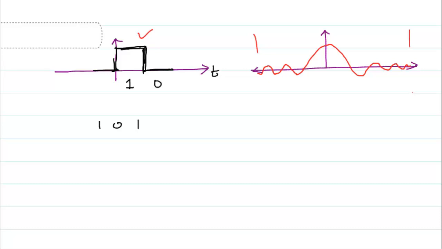So now the duality property says that, okay, if I am going to select one as this shape, then I will get the frequency spectrum like this. That is what the duality principle says. You can look at the duality property. What it says is that if you get this waveform and try to take the Fourier transform, you will get this. And if you take this as the waveform and try to take the Fourier transform, you will get this. The Fourier transform I am saying. So if you use this as the time signal, this becomes your frequency plot.